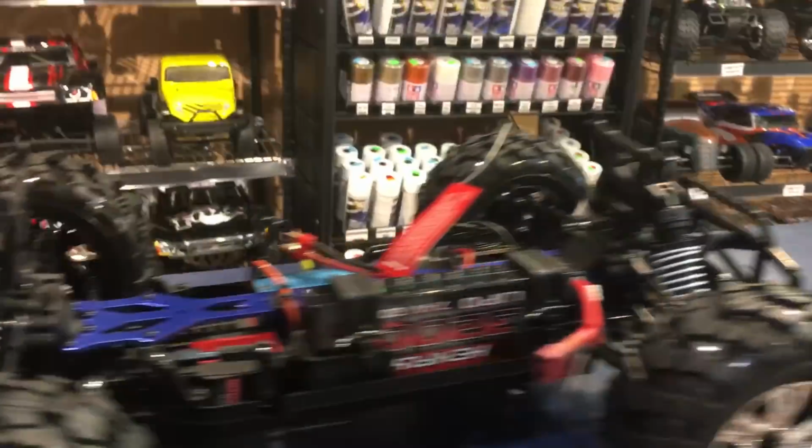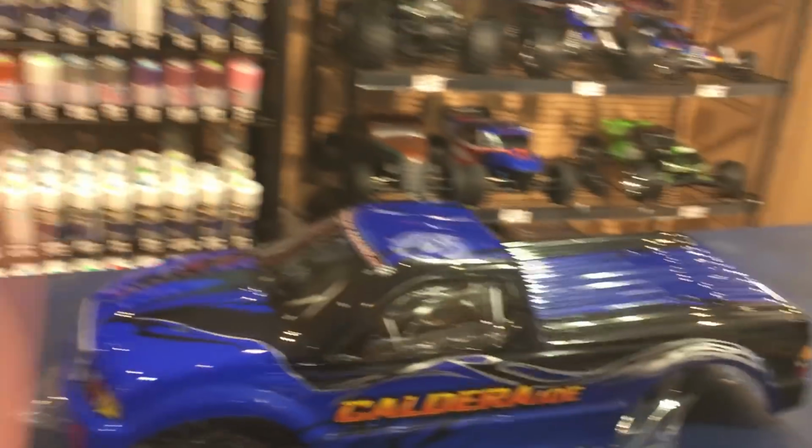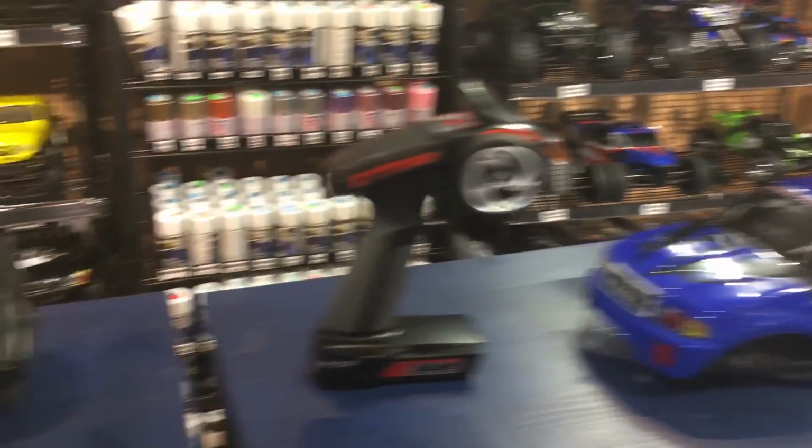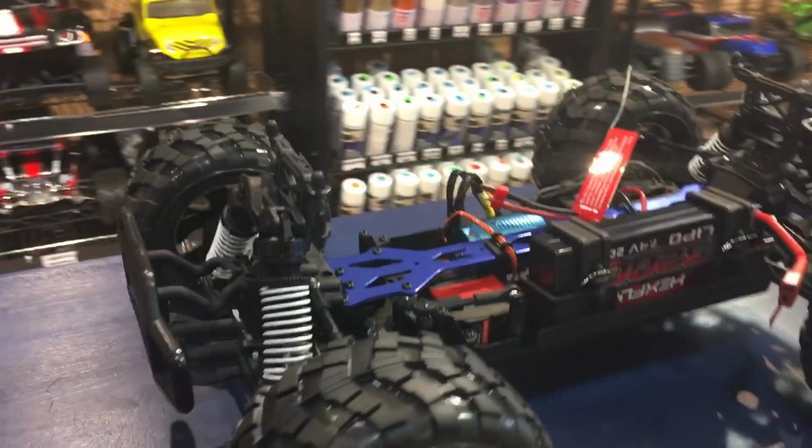So let's talk about the truck. The bodies have always been the same. I would like to see a licensed body, but that's okay. Maybe make something different than Jeep, Chevy, like the Toyota. I don't RC 4-wheel drive does it. But anyways, so these trucks have went through a